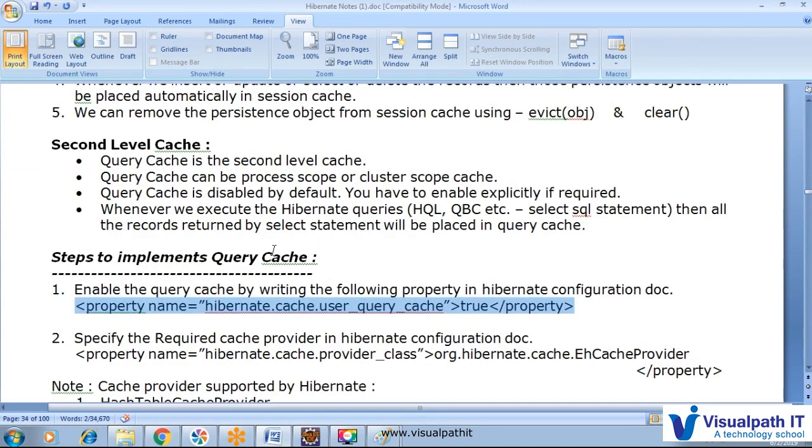You can also try to create a cluster scope cache, but there we have to create a cluster environment, and according to that we can utilize a tree cache or JBoss cache. So now we have cache related knowledge, and we know how we can manage the cache and what type of cache we are dealing with.